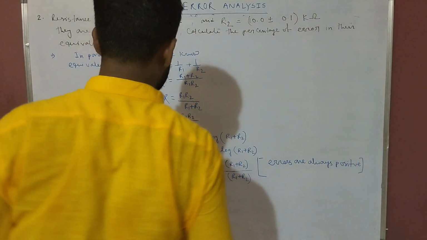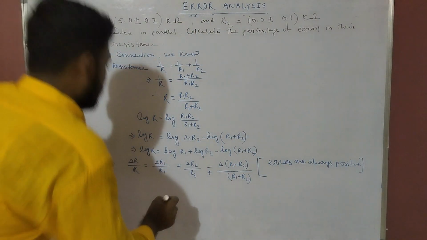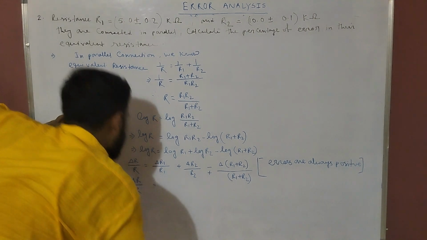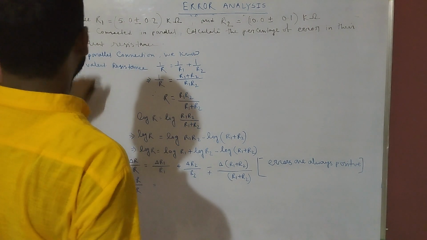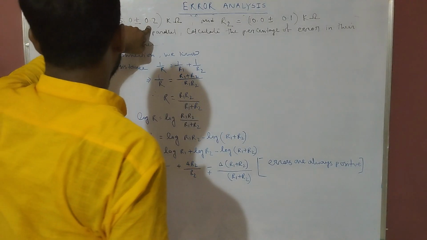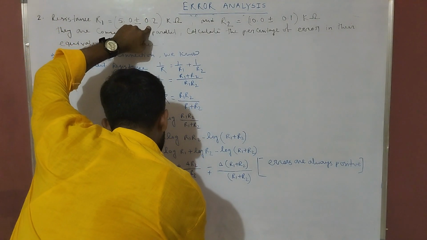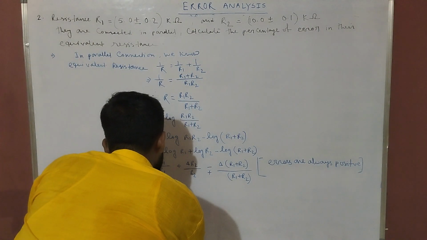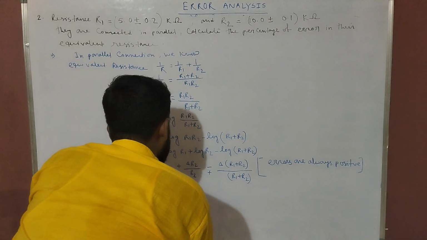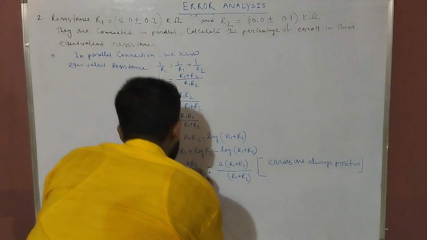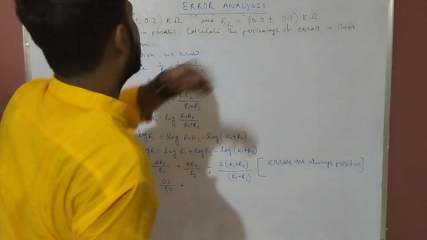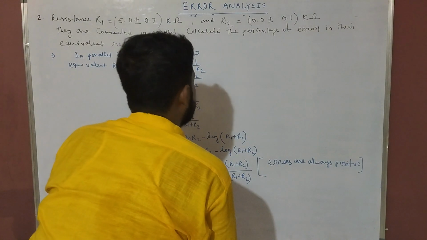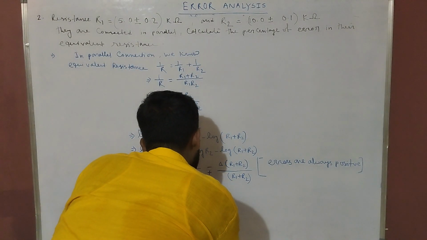So del R by R will be del R1, which means 0.2, by R1, which means 5.0, plus del R2, which means 0.1, by R2, which means 10.0, plus